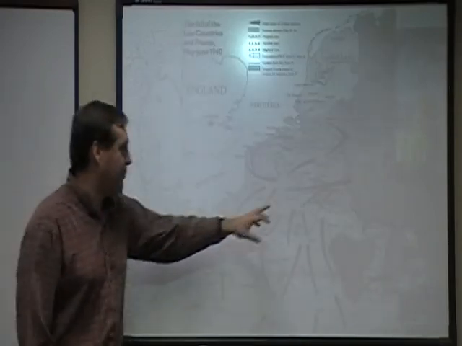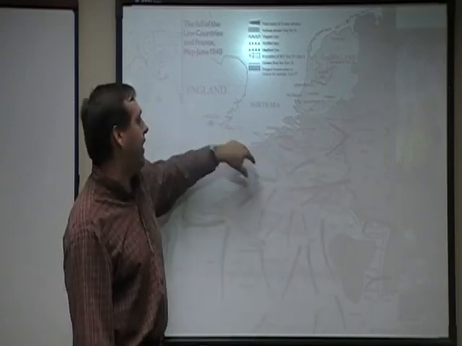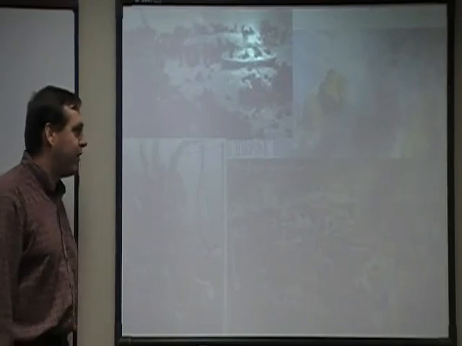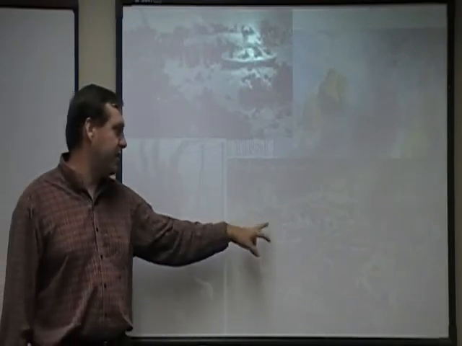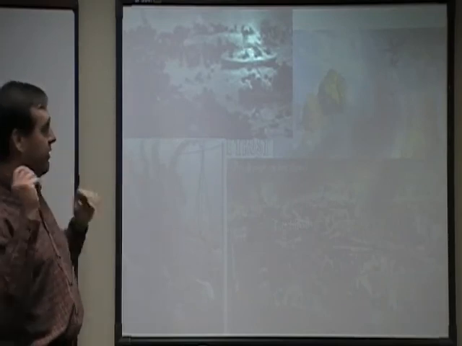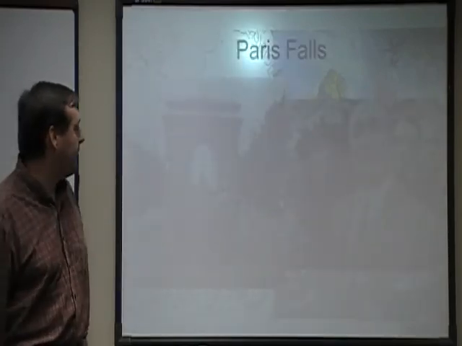So here you can see, this is the breakthrough at Sedan, and the Allies go in here, and they get caught in this pocket around the French and Belgian border, where they will eventually be forced to be pulled out in a place called Dunkirk. And here you can see the city of Dunkirk is on fire as these guys are getting in their ships. The shells are coming down all over the place, so they do manage to get away,